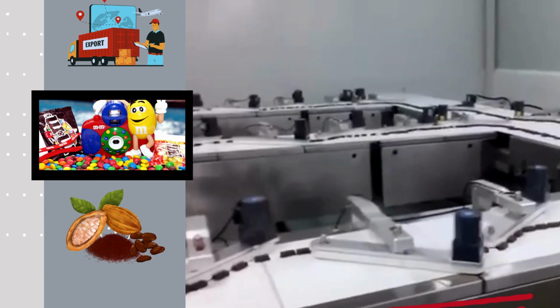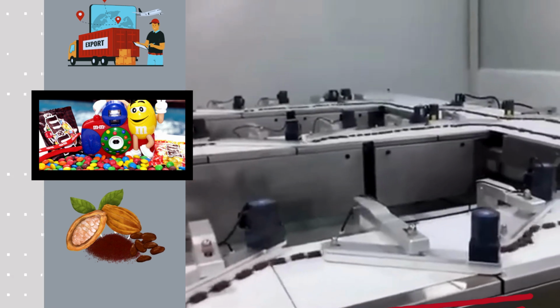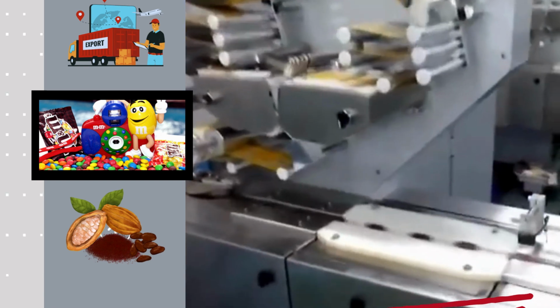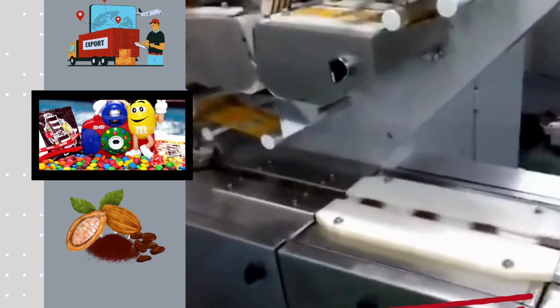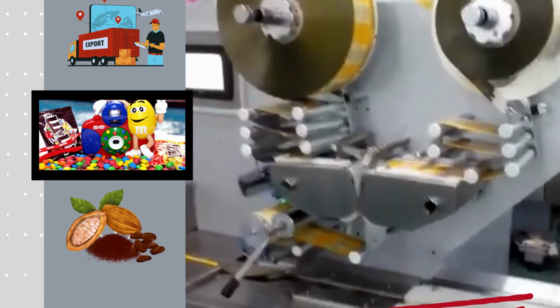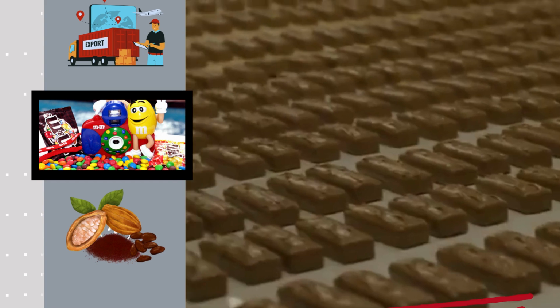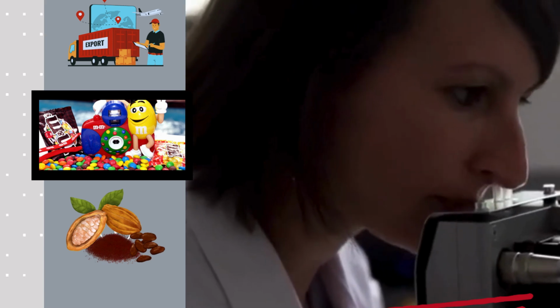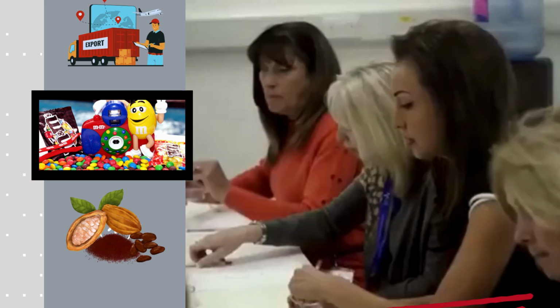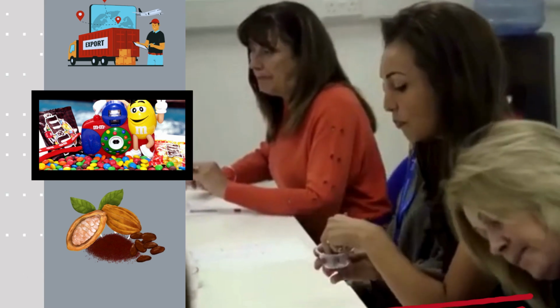Finally, the boxed product is delivered to the palletizing station. Robotic palletizers use mechanical arms or vacuum clamps to stack each box onto a pallet in the correct shape. Some systems also add cardboard between layers for added strength. Once the pallet reaches its standard height, usually around 1.6-1.8 meters, it is wrapped in stretch film to secure the entire product. Pallet labels then contain SKU information, product quantity, gross weight, destination, and identification codes to support the inventory